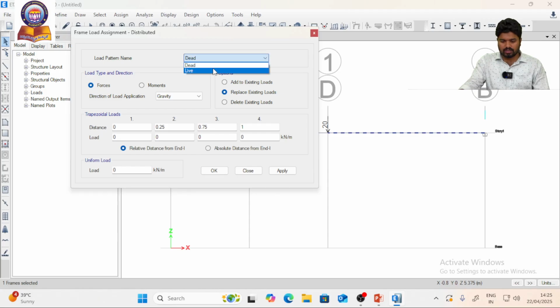So here also I am choosing a simple live load. So dead load I am not at all choosing over here. Why? Because if you are giving the loads on the dead load, the self weight of the beam also will be considered, right? That is the reason here I am choosing only live load. And here you can see the load type and direction: force, that means it is force, and direction of load is gravity load, and trapezoidal loads. So if you are having uniformly varying loads, those things also you can give with the help of this one. But here we are having